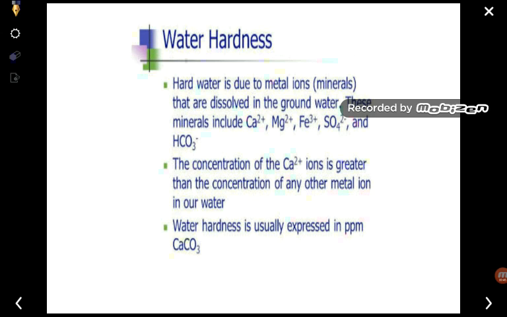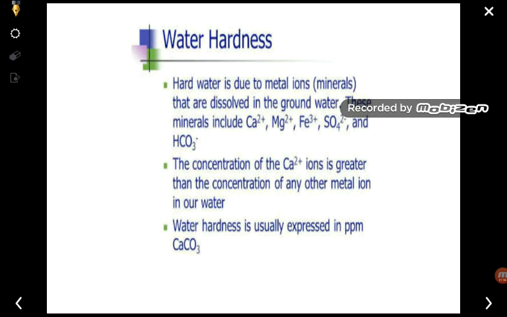When water normally contains certain metal ions that are dissolved in the groundwater or any type of water which is supplied to the public. These include certain minerals like calcium, magnesium, iron, sulfate and hydrogen carbonate. So this is a water sample which contains dissolved metal ions, and because of the presence of all these ions the water is considered to be hard,